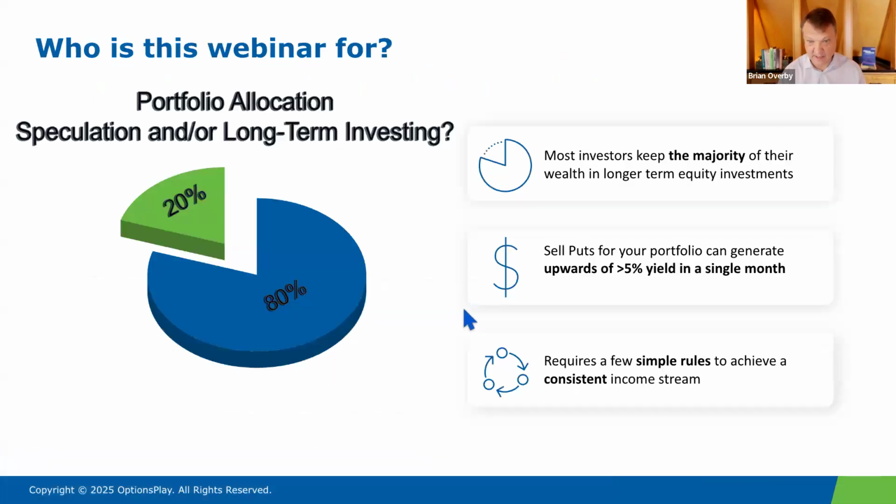All right. So who is this portfolio for? Well, you can make the argument that this is speculation and long-term investing. I like to look at it more as a long-term investing strategy. This is a strategy that you can try to implement where you're trying to bring in income above and beyond any dividends that a stock may pay. And a lot of times when you're looking at